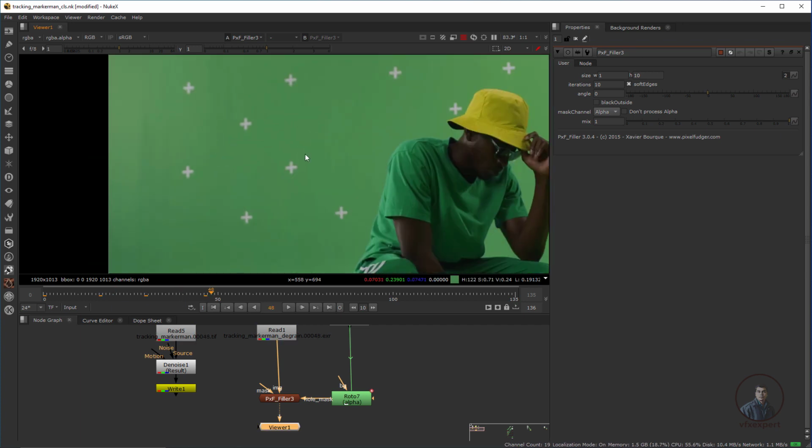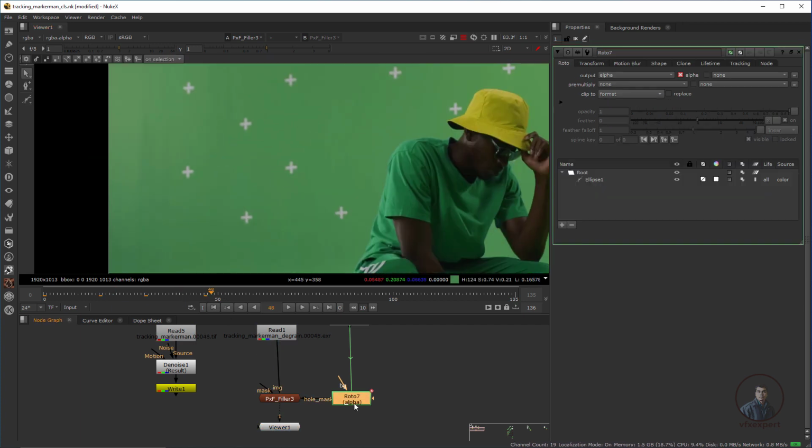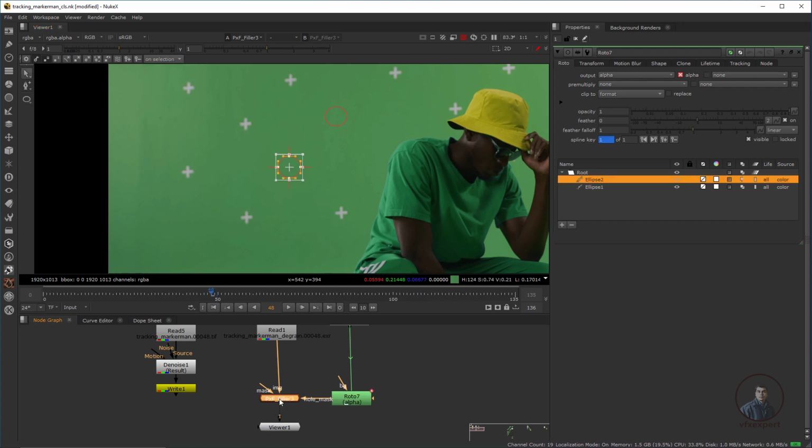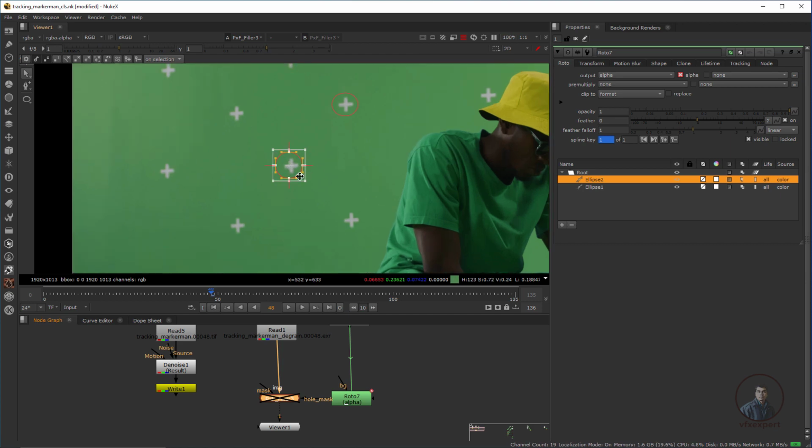Now in the same way I am going to remove this one here. So again double click on this Roto node and create another shape. Now we can move better, just first select this one, press D and disable this one. So we can easily see where our tracking marker is and where these shapes are. Remember this one, here I have applied this tracking data on our root folder here, not on particular shapes.